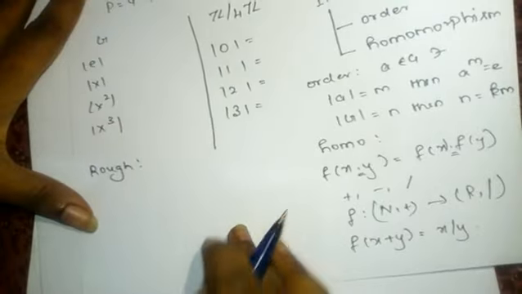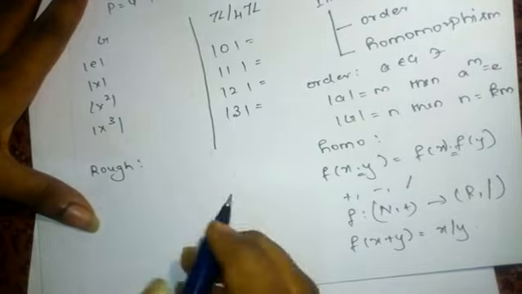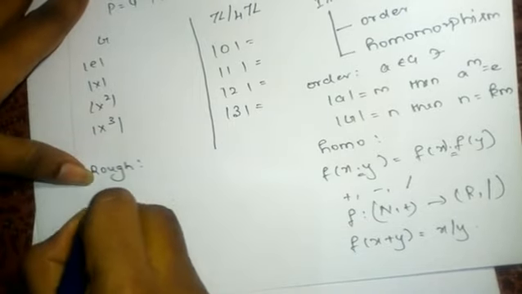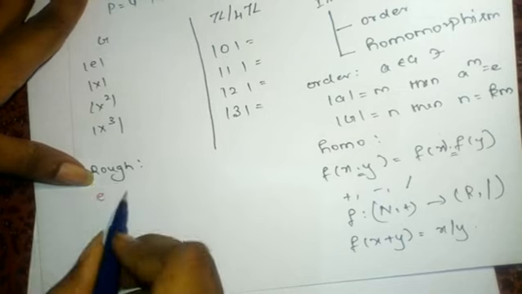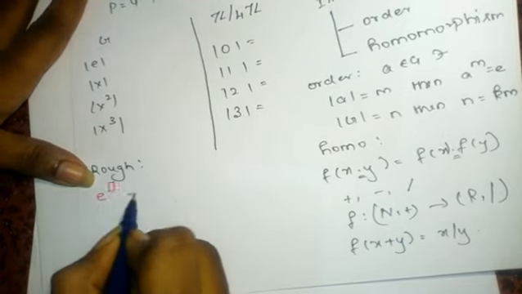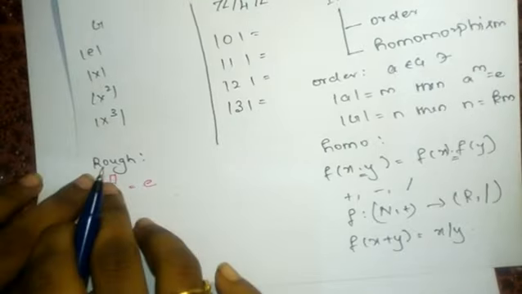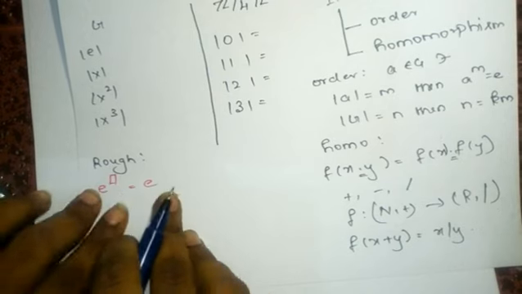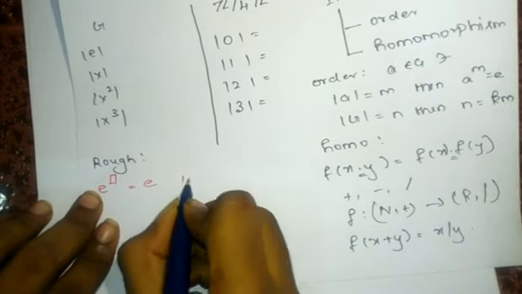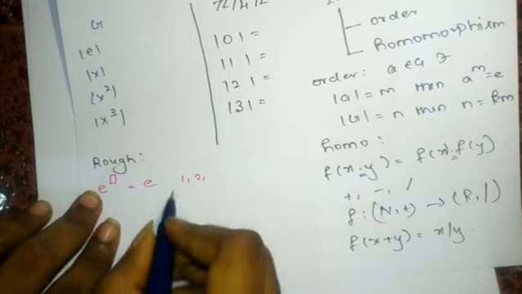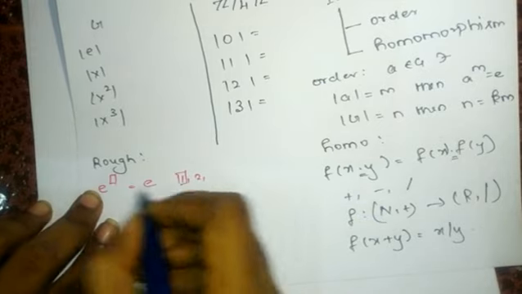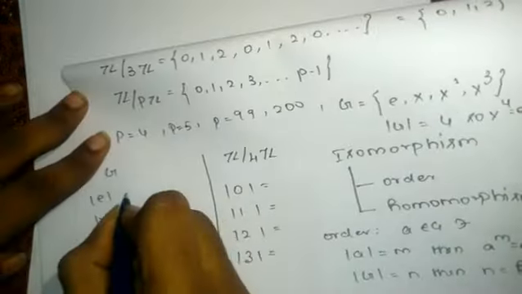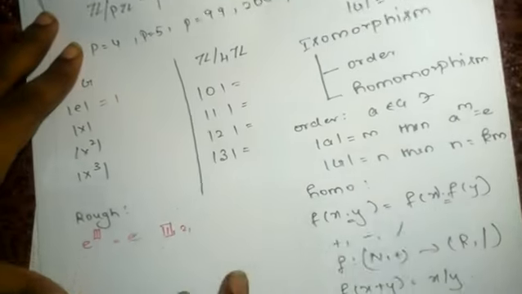Okay friends, now we will calculate the order of these elements in the set G. I am going to put the power of e in such a way that I get e. Power of e: e power 1 is e, e power 2 is e. The power might be 1, 2, whatever it might be, so I'll take the least one. e power 1 is e, so the order of e, I write as 1.